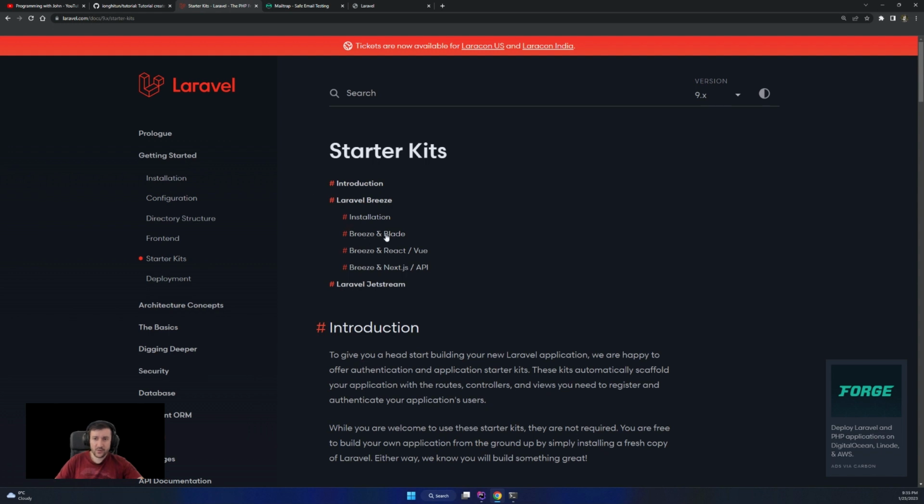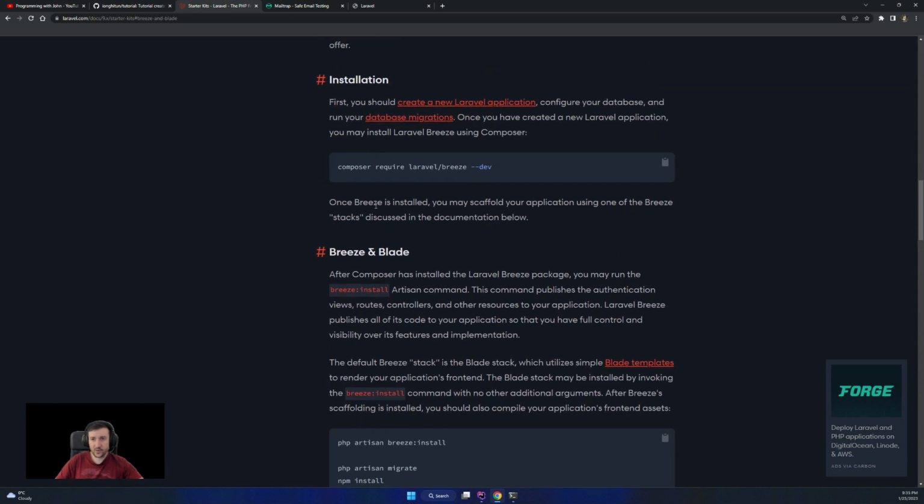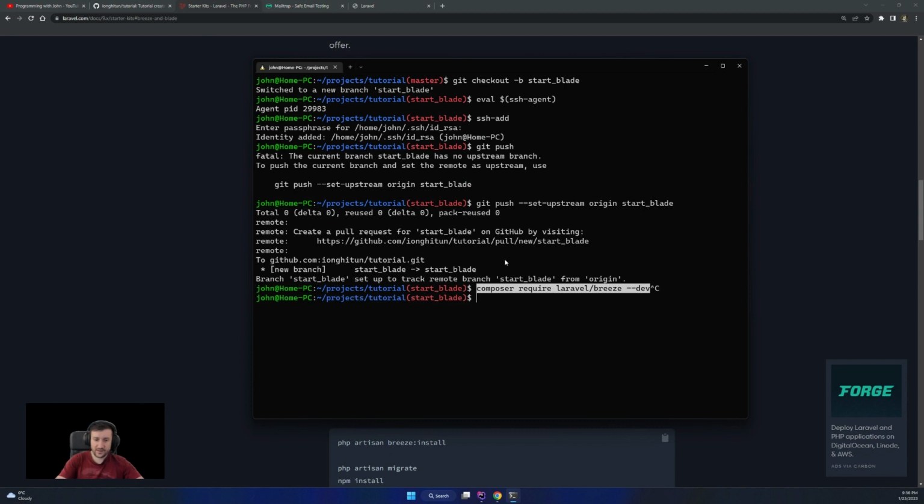So I said I want to use Breeze and Blade. In order to do so, we have to install Laravel Breeze as a dev dependency. So not in here, we have to exec into the container. And usually when I start working on a new day, or from time to time, I like to keep my dependencies up to date.